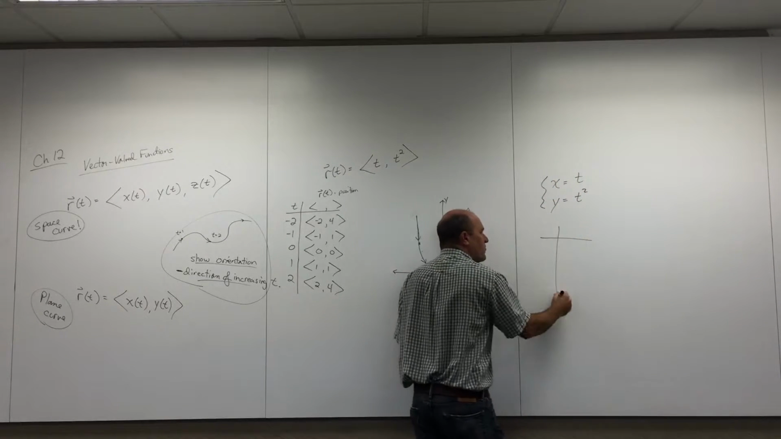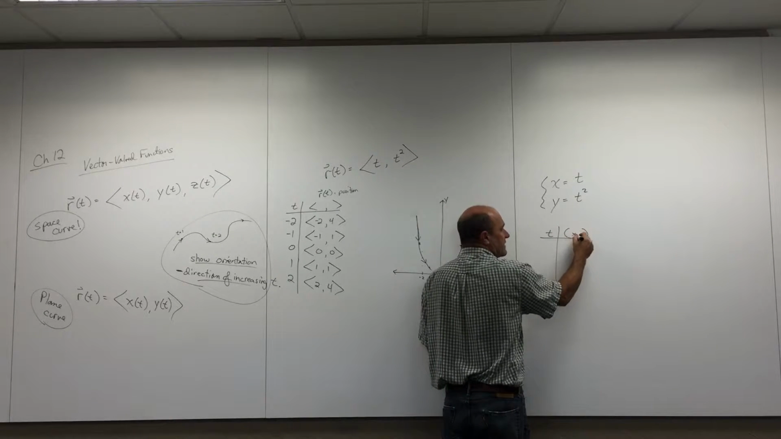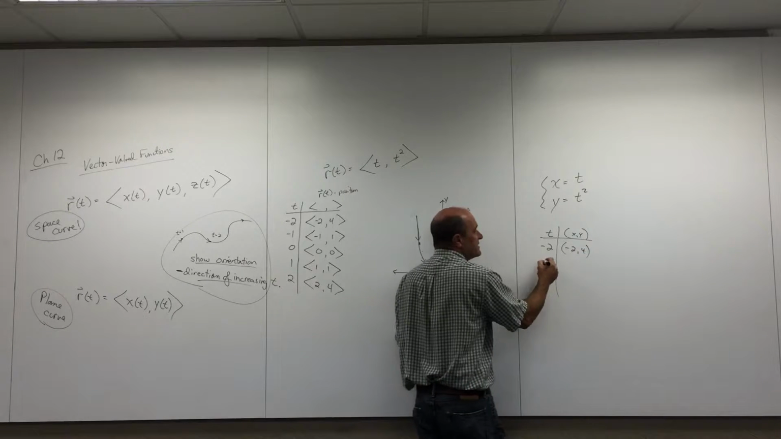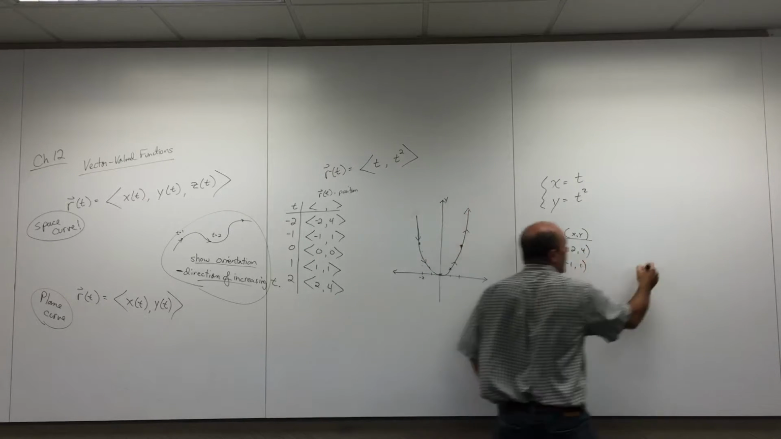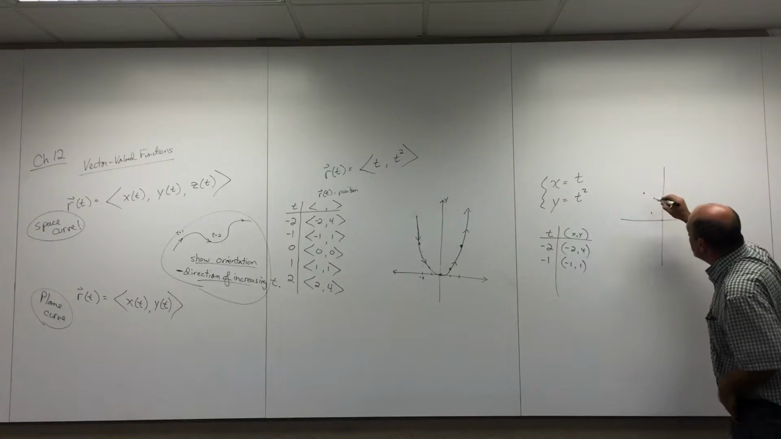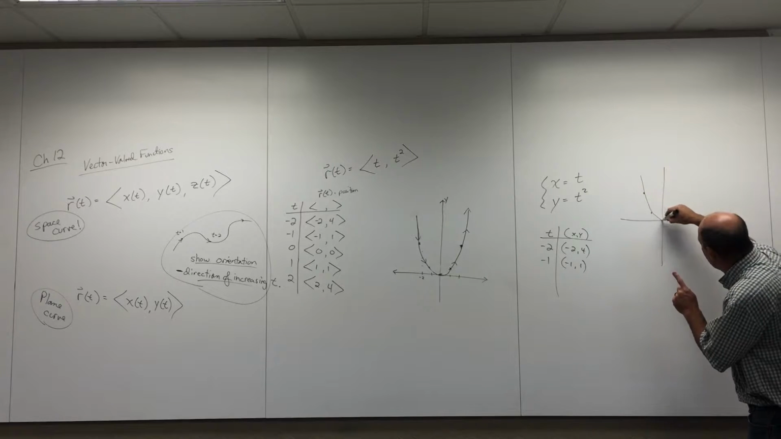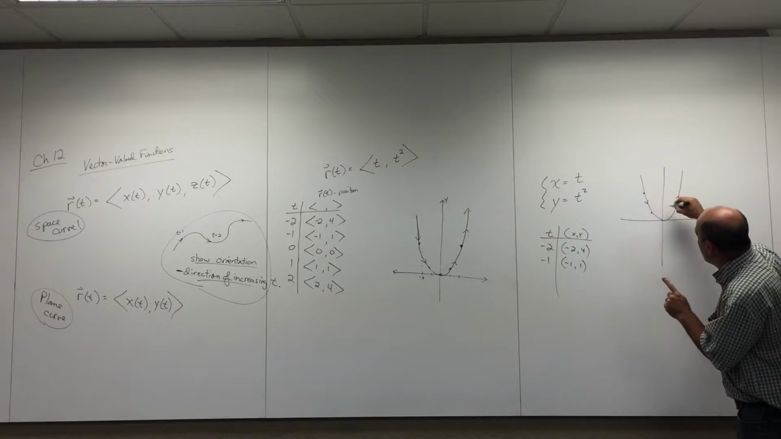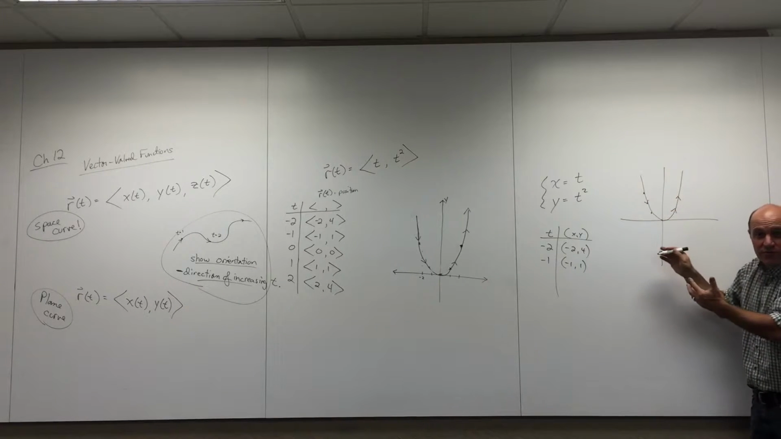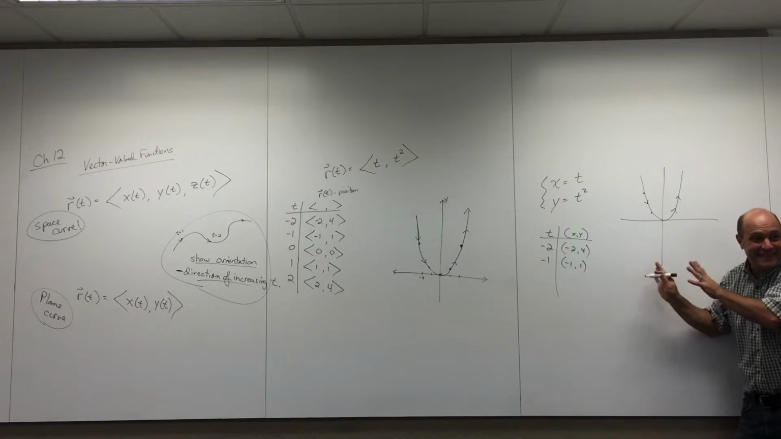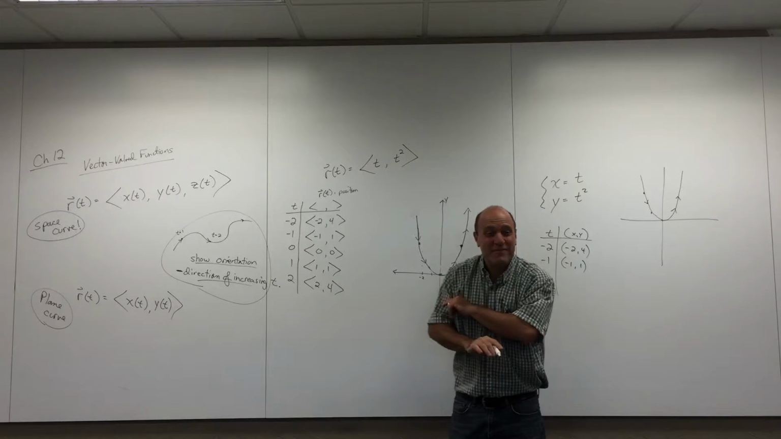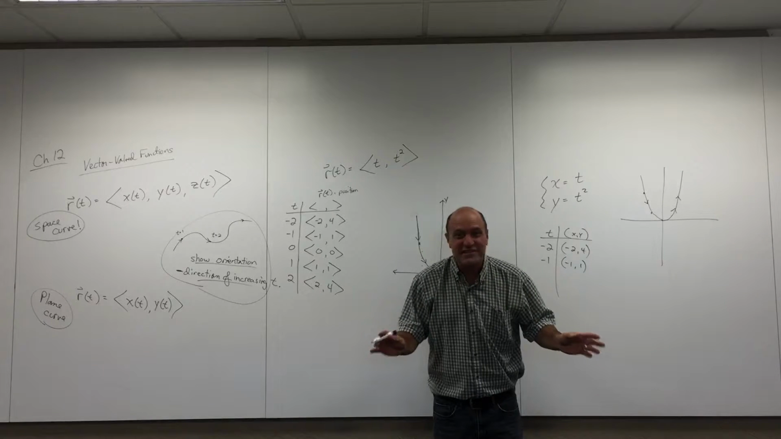Let's plot some points. When t is -2, you get -2, 4. And when t is -1, you get -1, 1. I would have plotted these points, paid attention to the orientation, drawn this curve, and put little arrows on it, because with parametric equations you talk about orientation. So we did this in Chapter 10, and now we're doing this in Chapter 12, and it's the same thing, except for